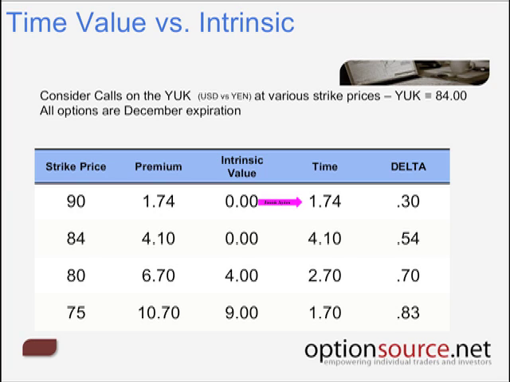So realistically, our maximum risk exposure, if the pair value does nothing between now and the third Friday of December, is that we're going to risk $1.74, and our delta is 0.30. So in other words, if the underlying pair moves 1 point in our favor, then ultimately we're going to see a 30-point or 30-cent